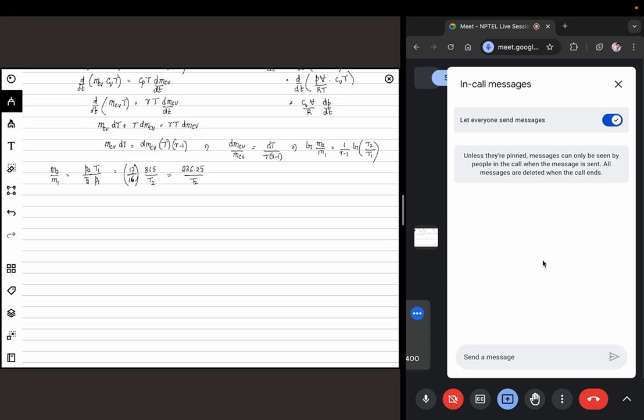You substitute that back. So we have ln 36.25 minus ln T2. For air, you can take gamma to be 1.4. So 1 by 0.4 times ln T2 minus ln T1 is 315. This gives me